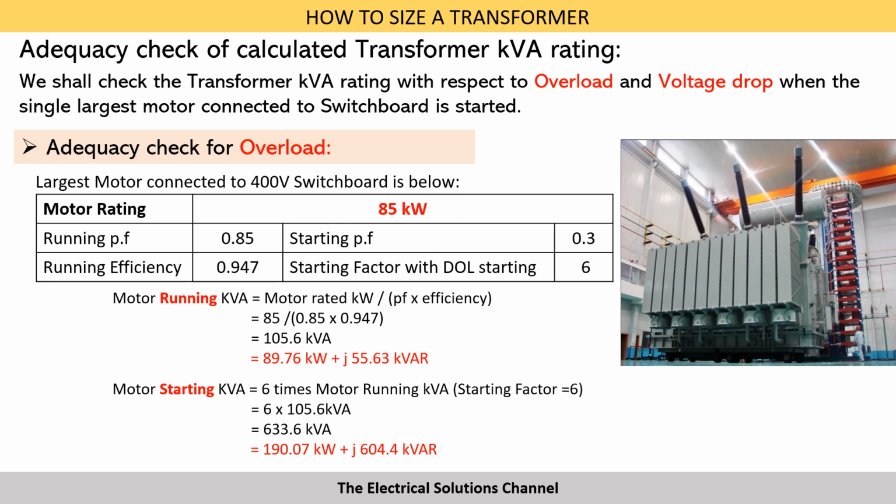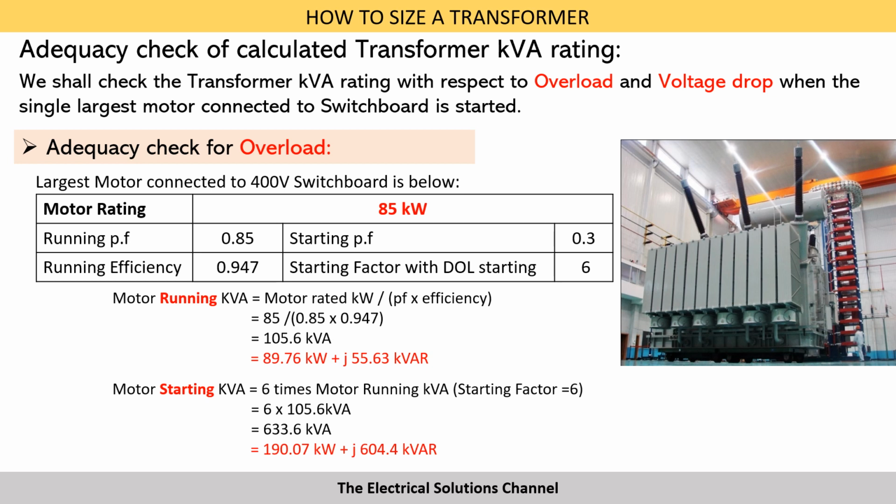Based on the motor data, we can calculate the motor running kVA as well as the motor starting kVA. The motor running kVA is calculated as motor rated kilowatt divided by power factor into efficiency, which works out as 105.6 kVA or 89.76 kilowatt plus